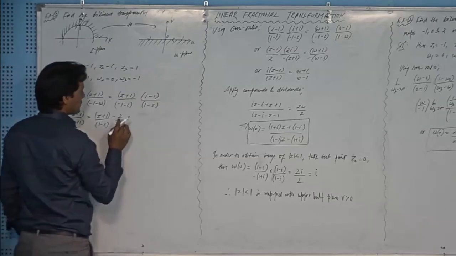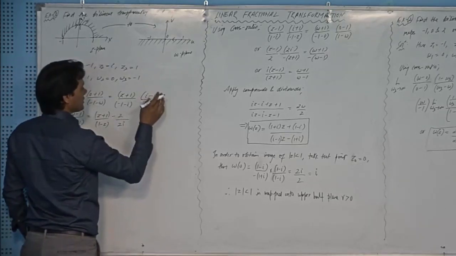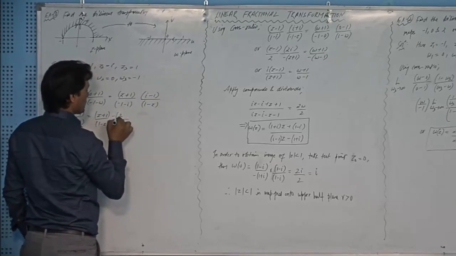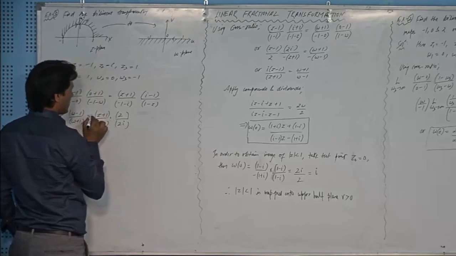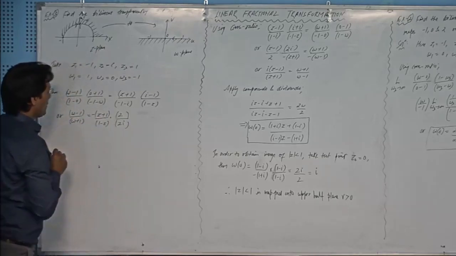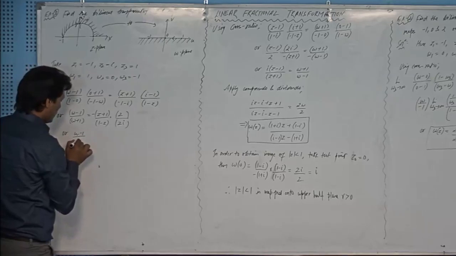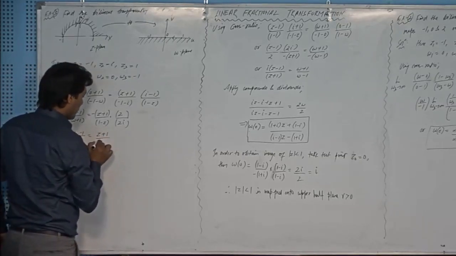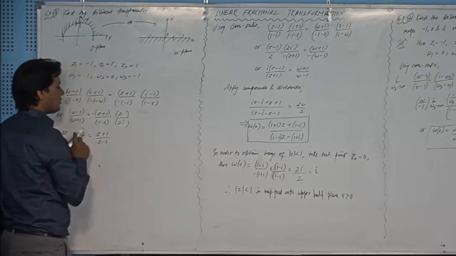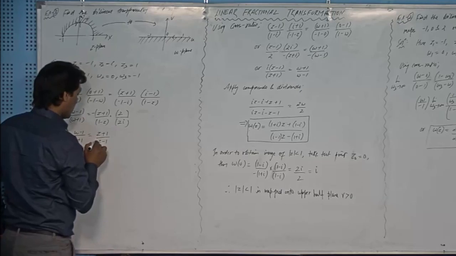I think this is not correct. (1 plus iota) whole square will produce 2 iota, and (1 minus iota)(1 plus iota) will produce 2. Now it is correct, right? Okay, I should put this minus here, and now it will give (w minus 1) over (w plus 1) equal to (z plus 1) over (z minus 1). This minus is absorbed here, 2 is cancelled, and iota, where should I put that iota? Iota here, iota,